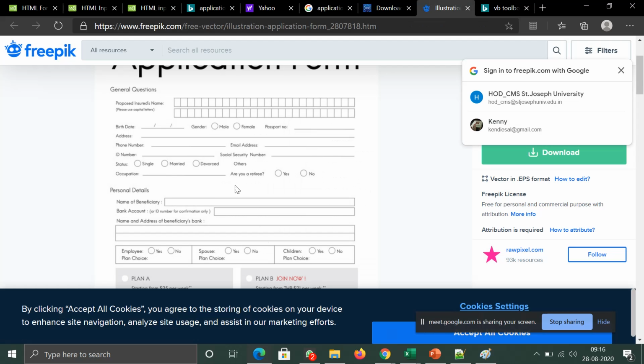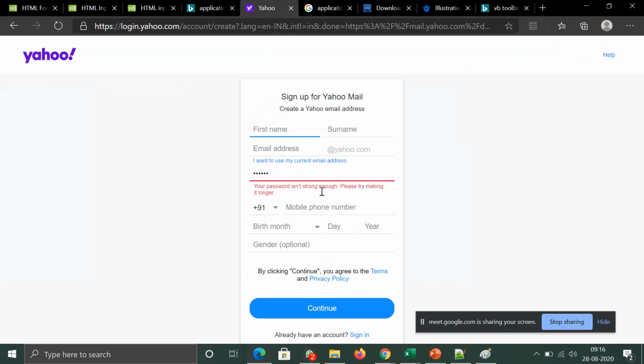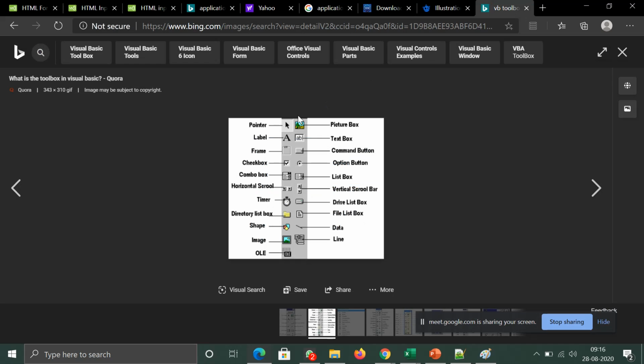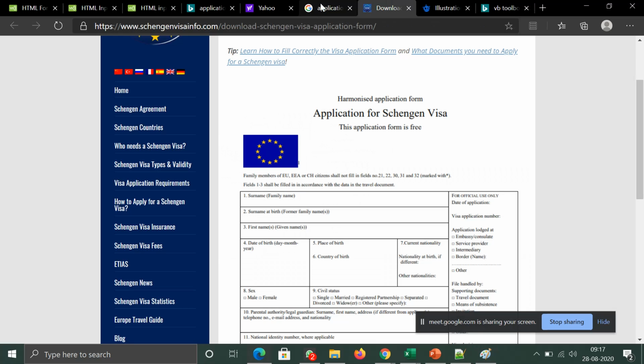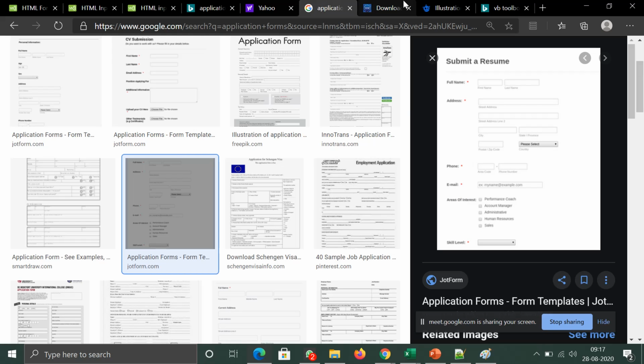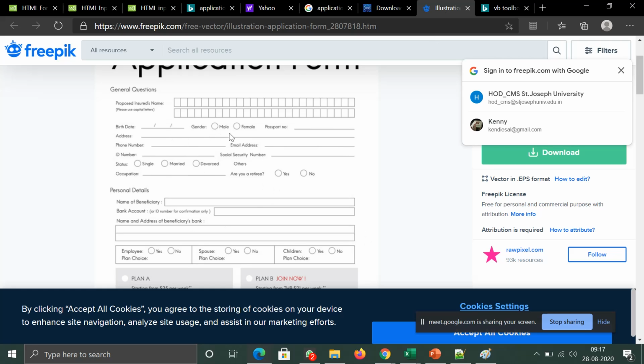Much like the general normal form which you see here and your computer form, both have similar controls available. So a form contains certain controls which control the input that is being given. Now why do you need a control? For example, you take gender. Yeah, here it's given male or female. Now if I tell you to type your gender, what will happen? One person will type M, one person will type boy, one person will type male, one person will type gen. So it is very difficult for us to do any process.